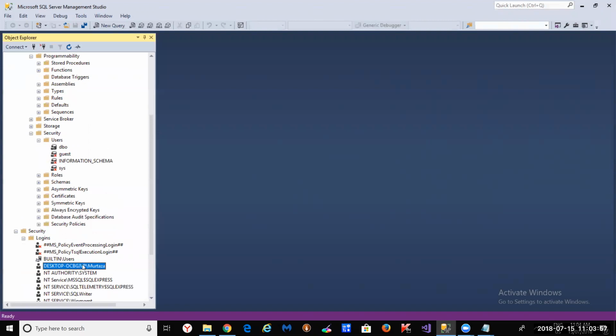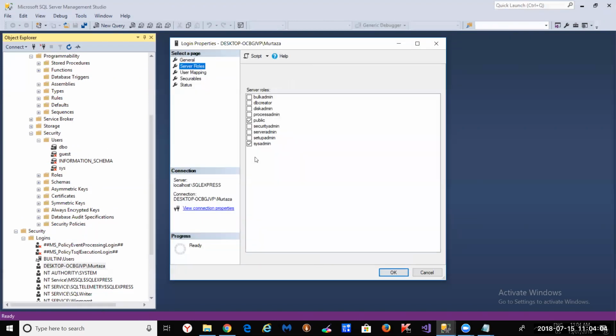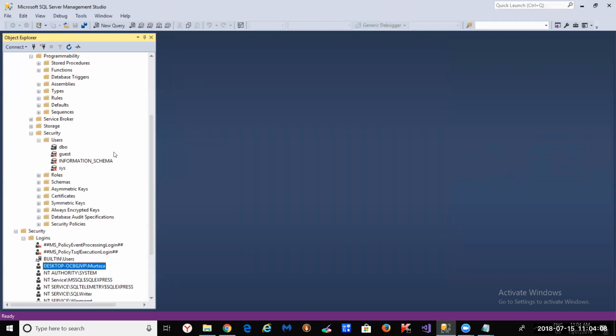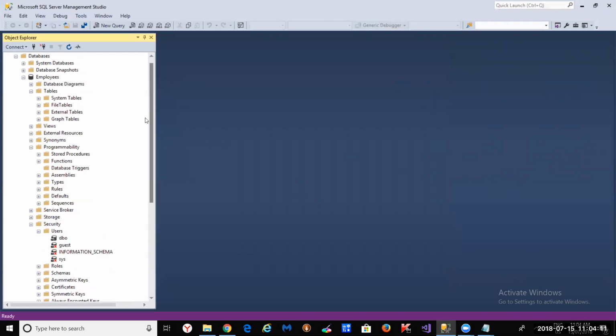So I just wanted to show you the system admin again. If I click on it, or if I right click properties, the role I have is system admin here. Therefore, I don't need to go in and give myself privileges to each database. But if we were to give privileges, we click on new user,